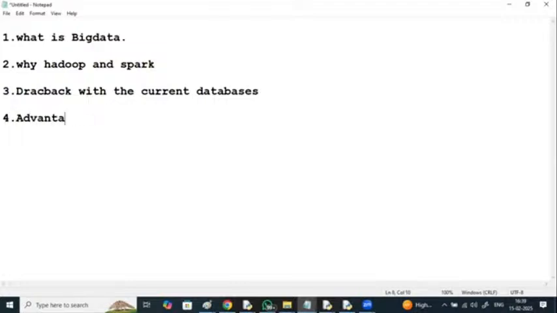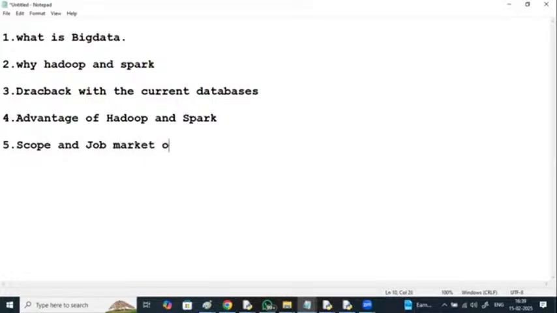Advantages. Hadoop and Spark. Scope and job market. Hadoop and PySpark.